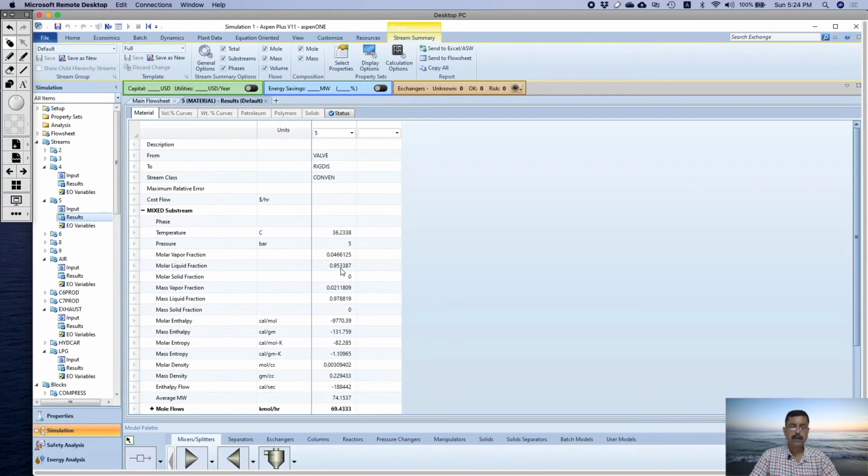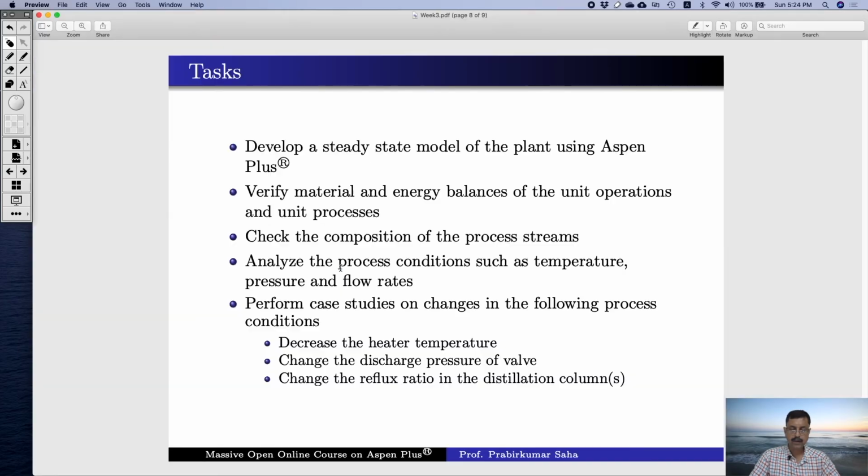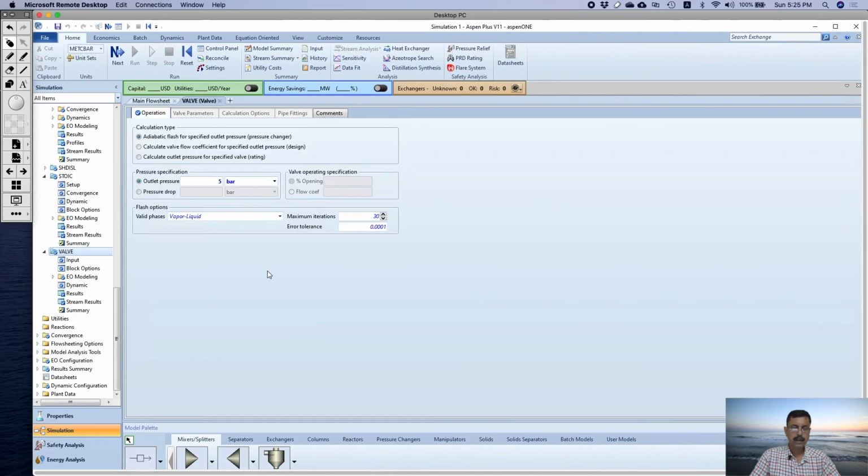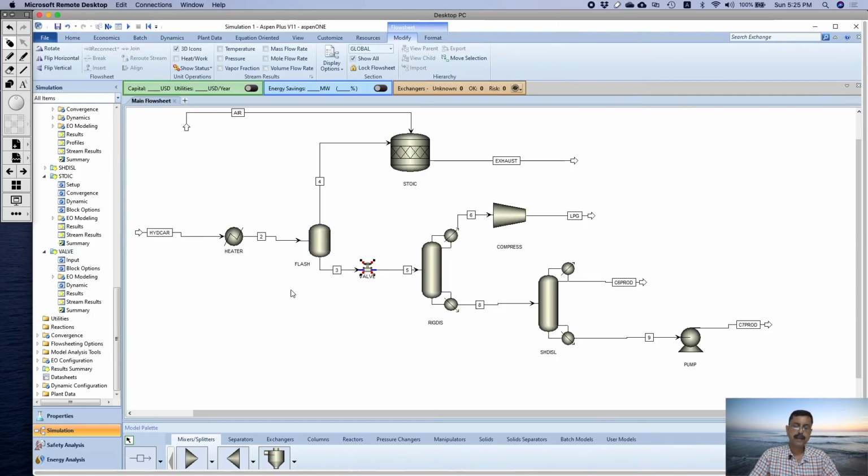Okay. Now let us see what is the effect of change in reflux ratio. Now before that, let us do one more thing. Let us change the valve pressure to say 1 bar, that is atmospheric pressure. Okay, let us see what happens. Here we may expect some interesting result. That means we are saying that we will change the valve position in such a way that this stream will have 1 bar pressure, atmospheric pressure. Now let us run the simulation,